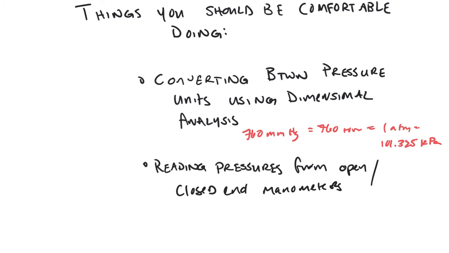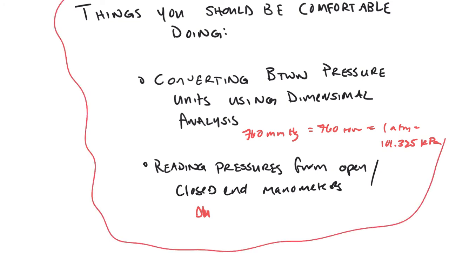And then you should be comfortable reading pressures from an open or closed end manometer. Remember that you're just talking about a difference in height between the two columns. And if it's the one that's connected to the container that's higher, then the pressure inside the container is lower. So these are the types of things that you should be okay doing. Try a couple of the practice problems in the textbook if you don't feel like you could be comfortable with this. We will do some more work in class on the next time we meet